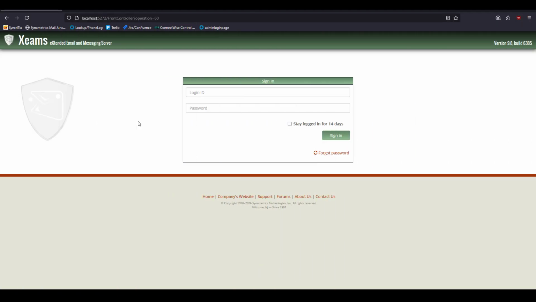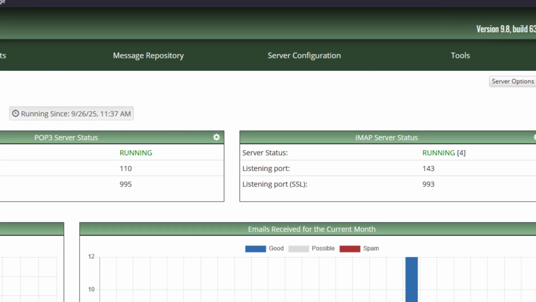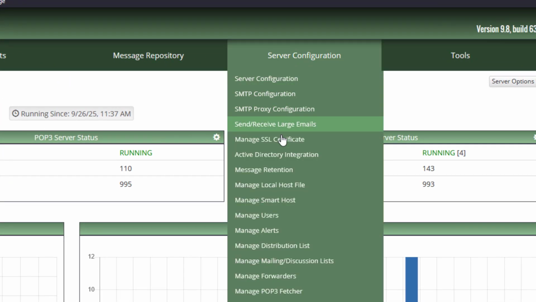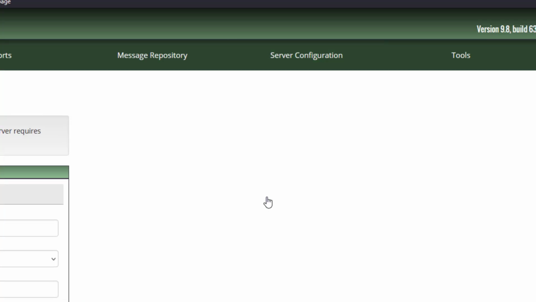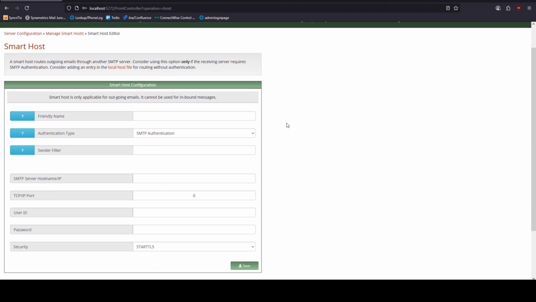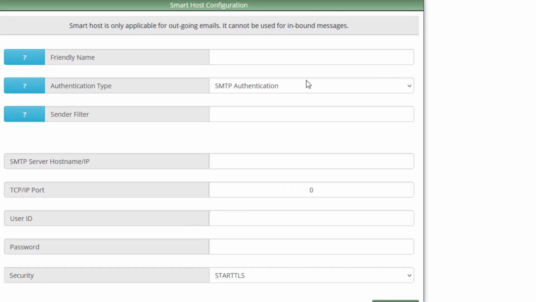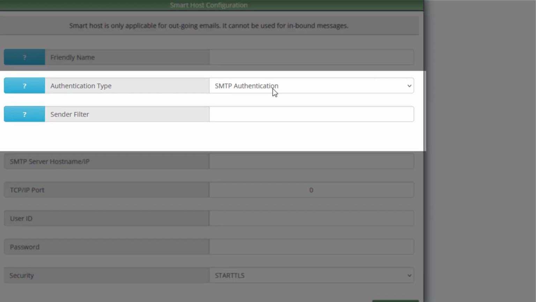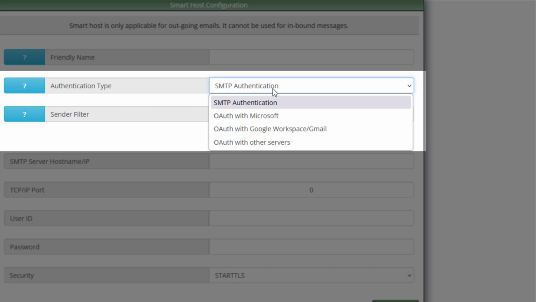To start, I access the Zeems web interface and log in as admin. Next, I hover my mouse over server configuration, then click here. I now see the setup page for SmartHost. Notice the authentication type. There are two available types when using a SmartHost running on Microsoft: OAuth with Microsoft and